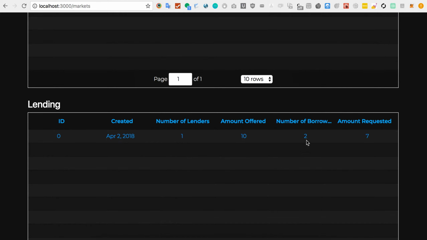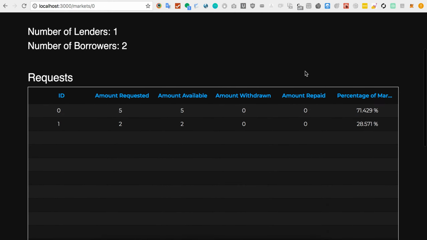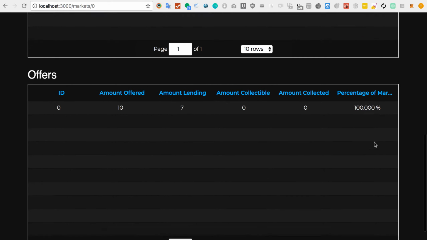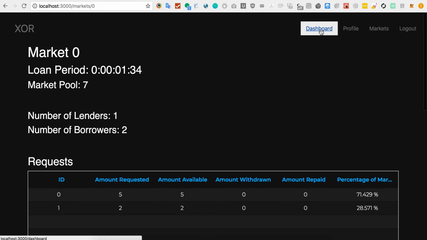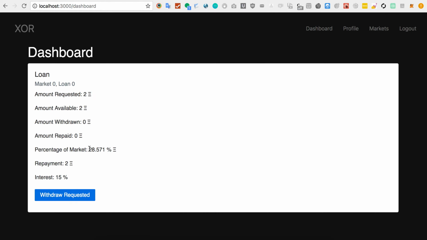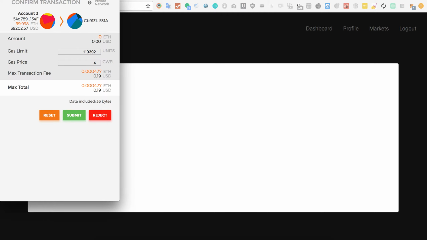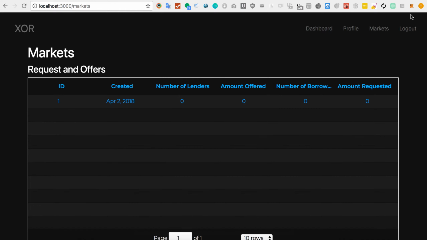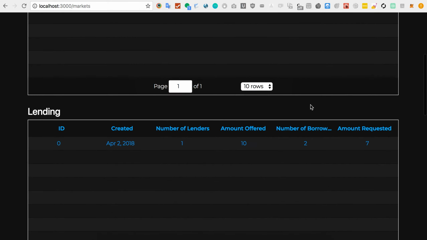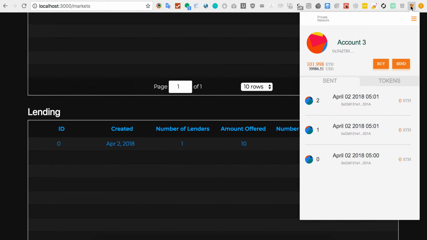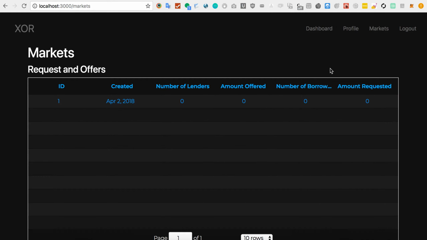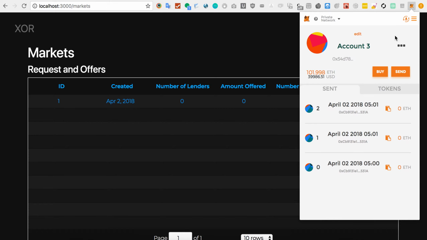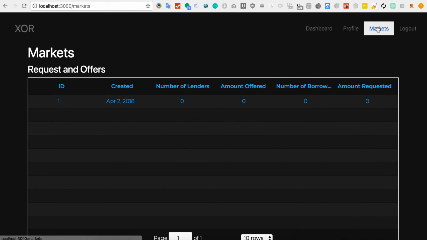Since we're on the borrower account right now, we can go check here the percentage of the market for each borrower, as well as the offers. We can go to the dashboard here, and we can withdraw the requested. So we requested 2 ETH, repayment, an interest rate of 15%. So we can withdraw this, and see we're at 99.9 Ethereum, and now we are at 101.9. There we go. So that was withdrawn,